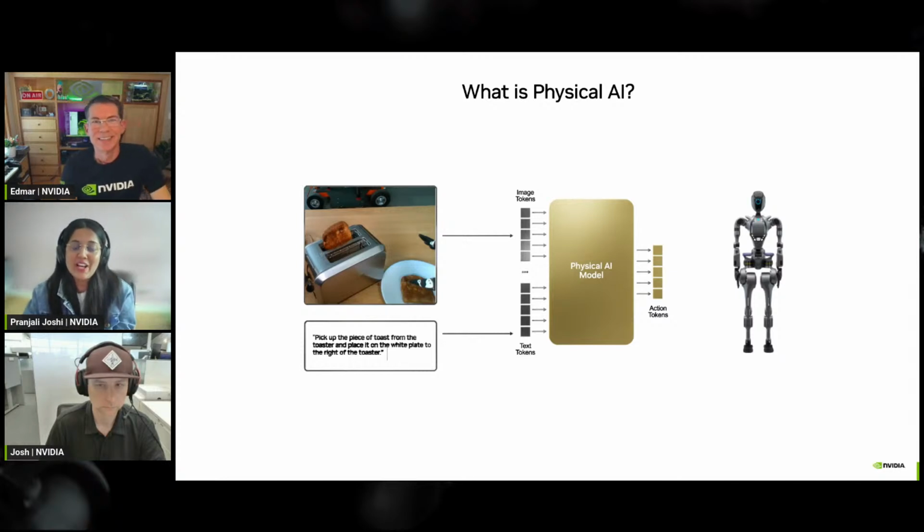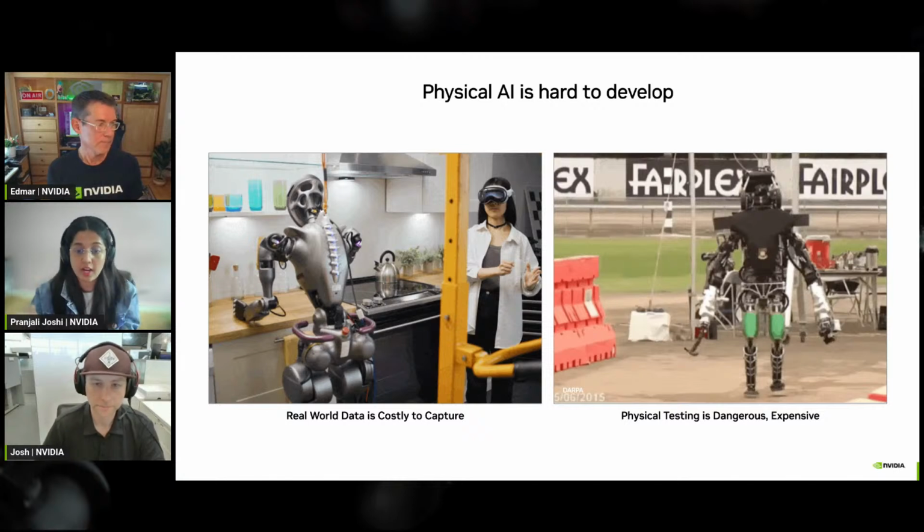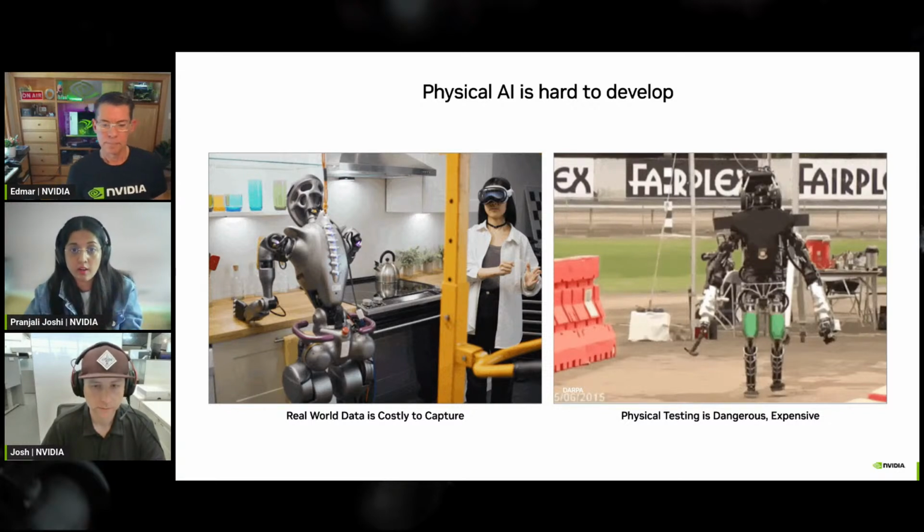But this is not as easy as it sounds. So on the next slide, I hope those videos play. These are videos of robots falling, humanoids falling off. But this represents the biggest challenge that we have today in building physical AI. The data strategy, the data collection, is super costly, because you have humans literally demonstrating everything and building that data set to train a robot to really behave like humans. It's not scalable. Sometimes it's very labor intensive and costly, as you can assume.